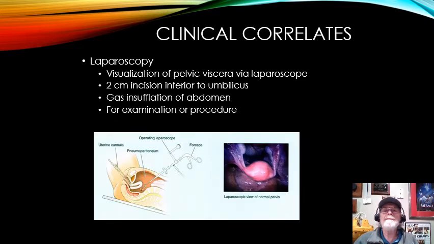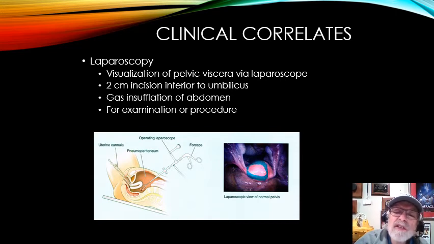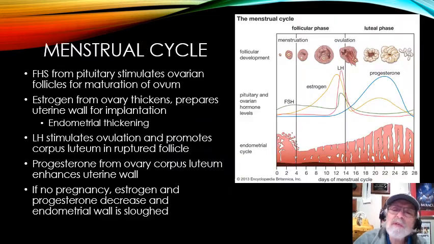Okay, again, this is just looking inside. This is a laparoscopy, where they're able to go in with a tube and actually see. If you look at this image, it's sort of small here, but this right here is the fundus of the uterus. There's the fallopian tubes coming off the side. They just go in with the scope.